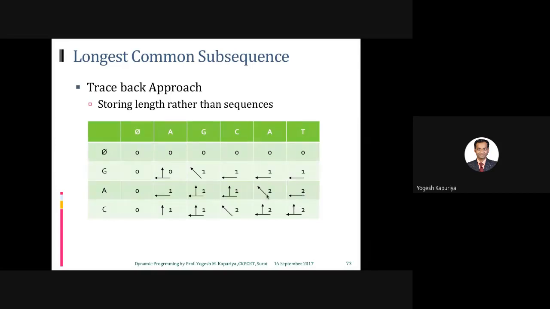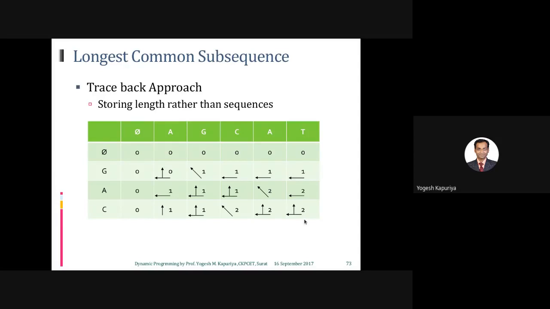Whenever you find a diagonal, you preserve that letter, that means you remember it. So you remember A. Again you follow the diagonal. Here it's a left, you come here. Again diagonal, so you remember G. Then you go back, so it's 0, that means that's over. So it means you have one sequence, which is G and A.